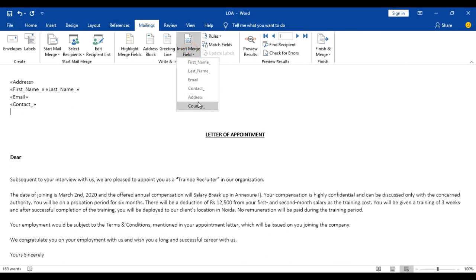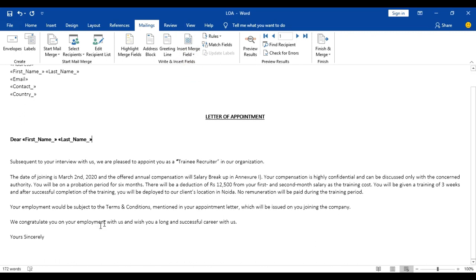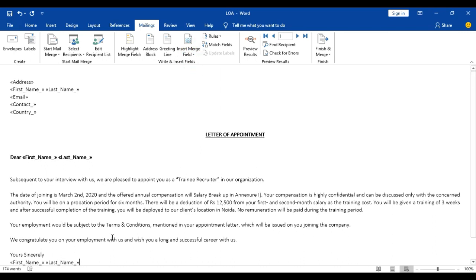with country name. Now, as you have seen in a lecture, after Dear you have to mention the name of the candidate. Here you want the first name and last name of the candidate. And also at the end of the letter you have to mention your first and last name, your complete name. Now everything is completed. Now you have to select the next option so that everything will be converted into the letter.